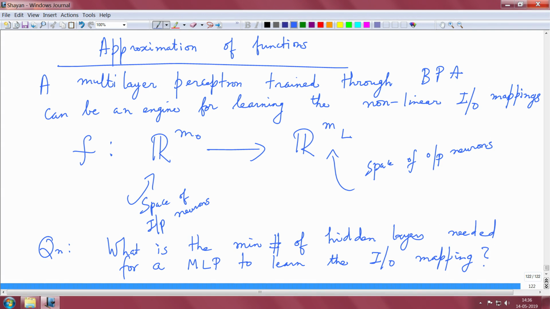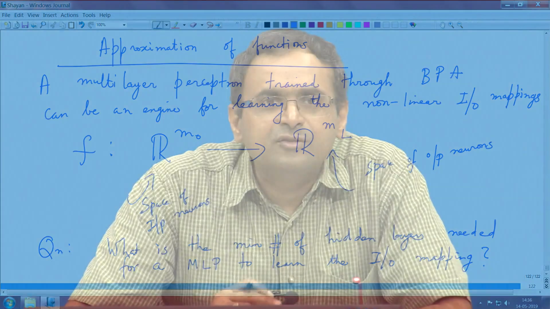So a natural question is, we have learned the multilayer perceptron, there are neurons in each hidden layer, how many layers do we need, right? Fortunately, there is an answer to this question, and the answer to this is in the universal approximation theorem. So let me state the universal approximation theorem, and I will cite the references so that you can delve into the details of the proof, and time permitting we will cover this proof in a later module. So let me state this result.